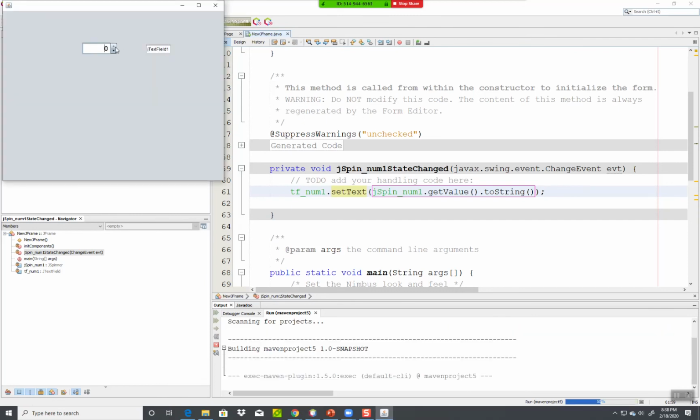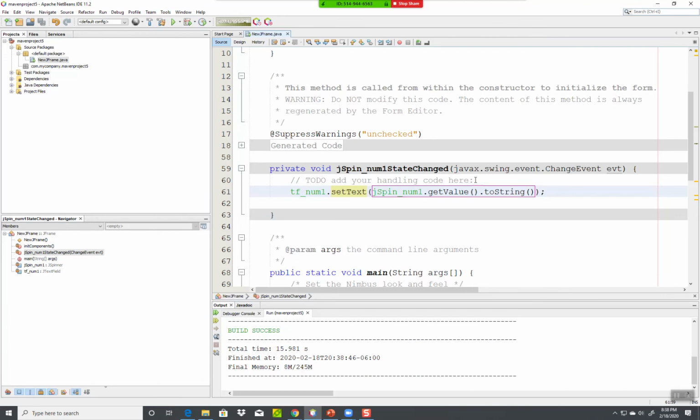So if I come over here and start changing this, you see it gets that. Now you're saying, well, why put it over there when it's right here? Exactly. I'm just showing how you work with it. If you want to retrieve it to put it into an integer,